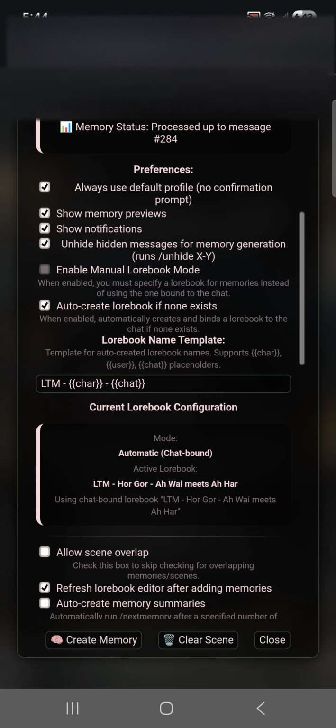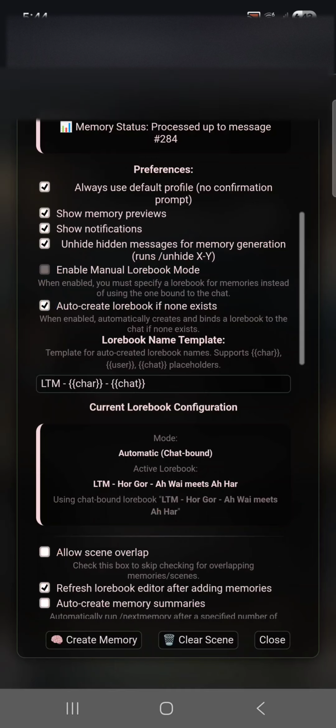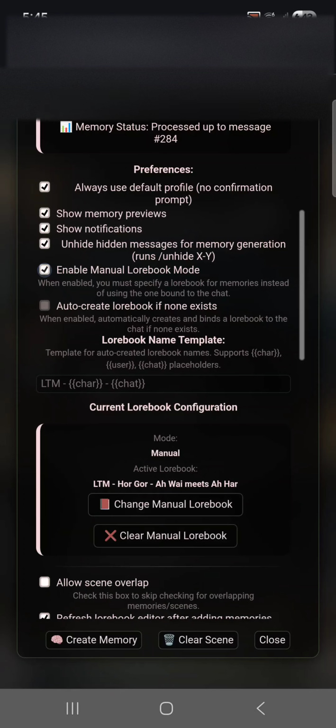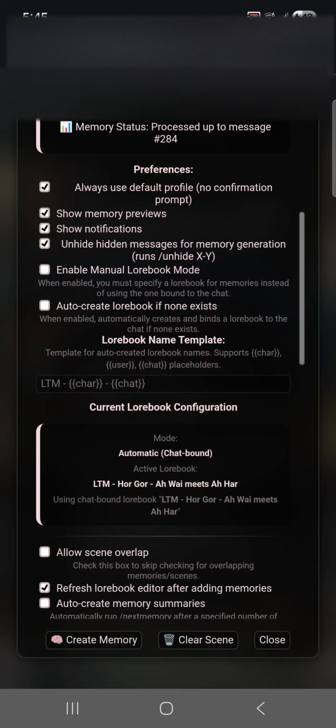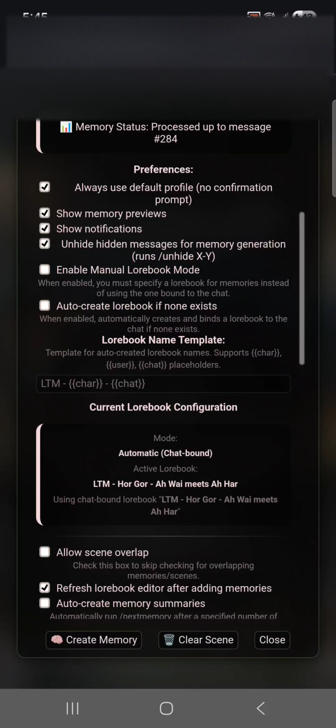Enable manual lorebook mode and auto create lorebook are mutually exclusive. If I check one box, I cannot check the other, as you can see. So if I do manual lorebook mode, what that means is I have to choose a lorebook. STMB will not choose it for me. If I uncheck enable manual lorebook mode, then STMB requires that you